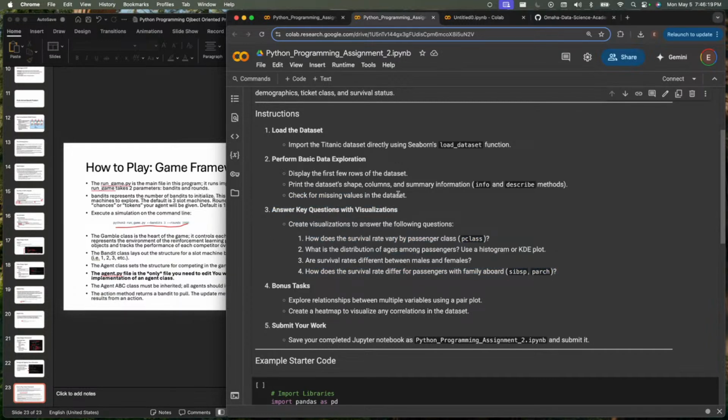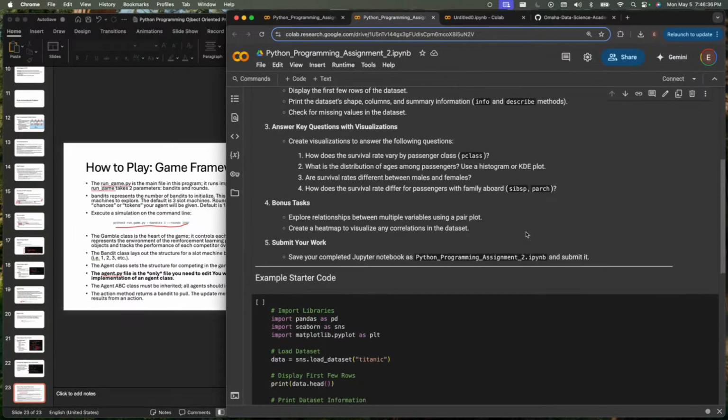The first thing that you guys should do when you're working with a data set is try to understand it. So I'm starting to say these things like P-class and SibSp, Parch. I don't know what those mean. We're going to have to go explore that. We're going to have to self-inform. We're going to have to self-explore this.